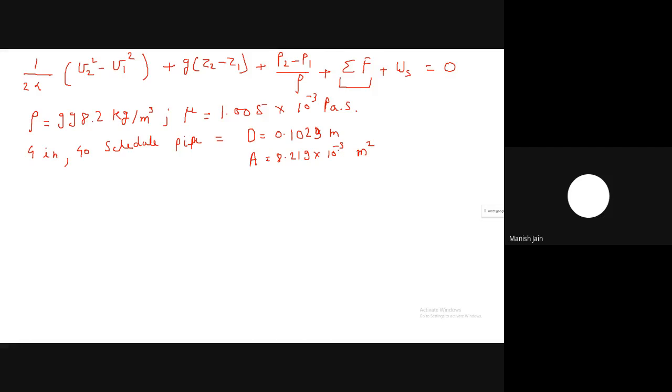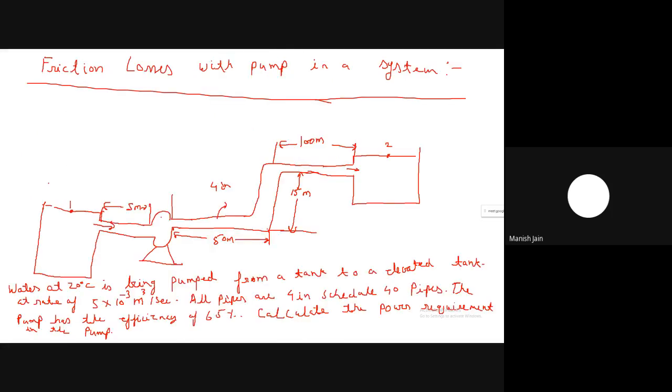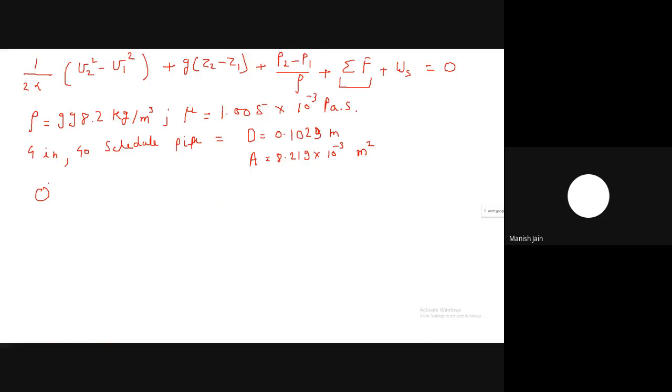Now once you know the area, you can calculate the velocity inside the pipeline, because water is an incompressible fluid, so the velocity will not depend upon the pressure, it will remain constant. The value of Q is given here, Q equal to 5 multiplied by 10 to the power minus 3 meter cube per second. So the velocity of the water inside the pipe